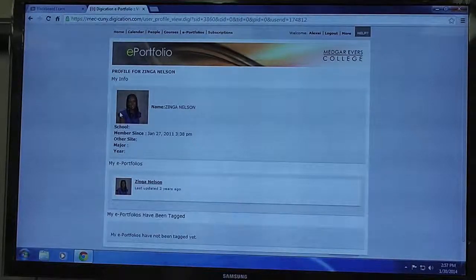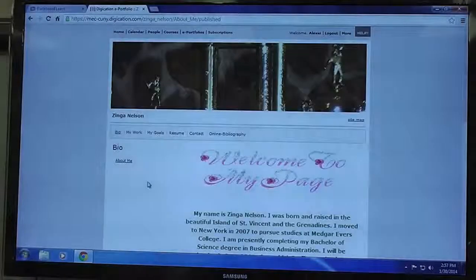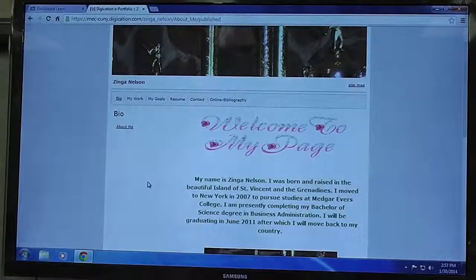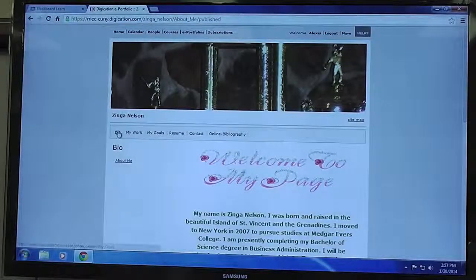This is Zinga, and the front page, you click on her name, and this is her ePortfolio. You see, these are the different sections. You can check the sections on your own. And the most important section here probably is her project online bibliography. We will be talking about these components in more detail, of course. If you click on online bibliography,